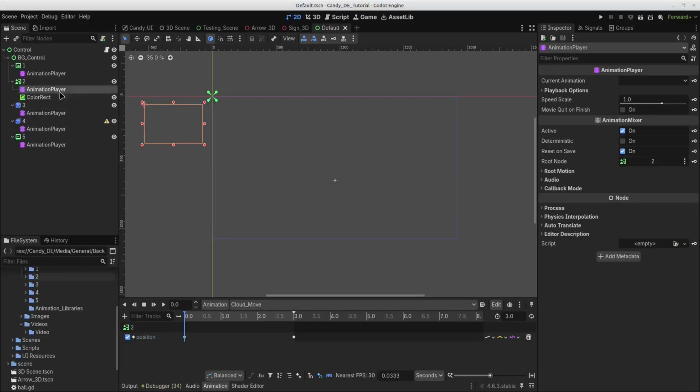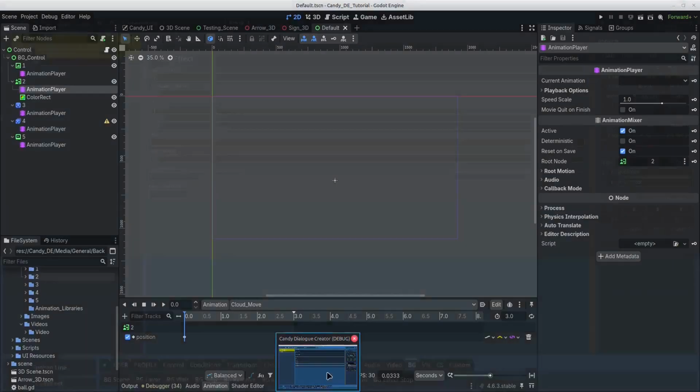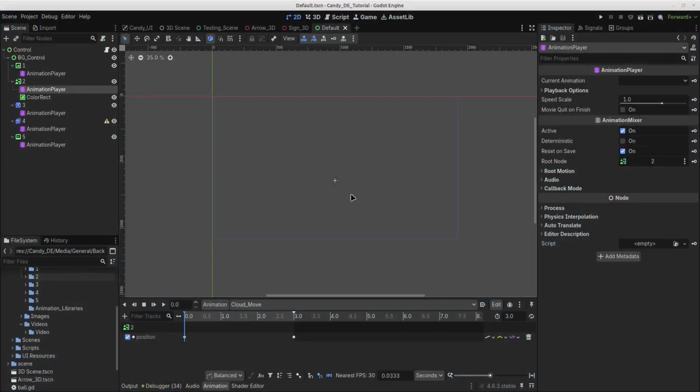And this animation player has 2 animations that I created, 3 if you count reset. Now, in order to play animations, I need to select the node that's going to be targeted, and I need to provide an animation library. And if you're a beginner in Godot, you may not know how to create an animation library, so let me